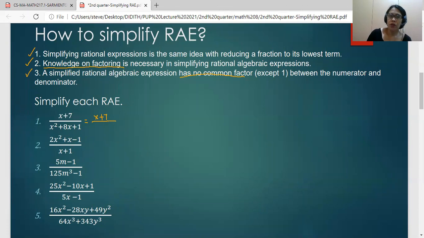And we know that the denominator is a quadratic trinomial. So we can find the factors by trial and error. Trial and error in the sense that we're going to consider the factors of the first and the last terms. Now, the factors of x squared will only be x and x here. And 1, of course, will be 1 and